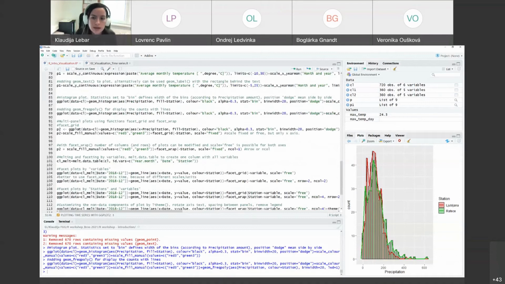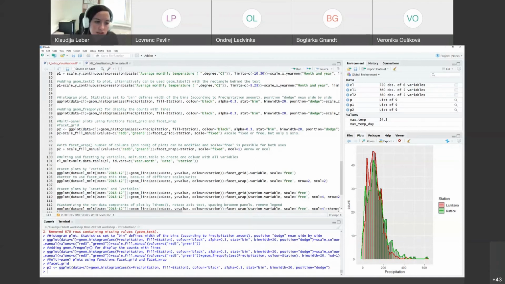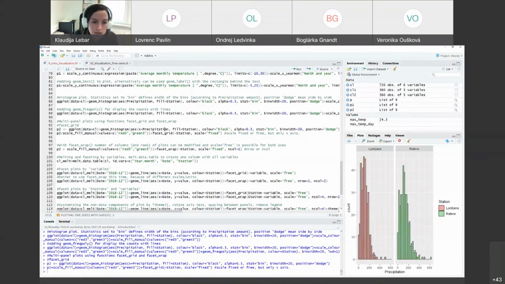function. It means that on the same figure more than one plot will be shown. And again, I will store or save some settings of the previously used graph into a new variable P2. And then I will just add some additional settings or layers to this P2 variable. As I said, I will use the facet grid option or facet grid layer, which means that if I run it,